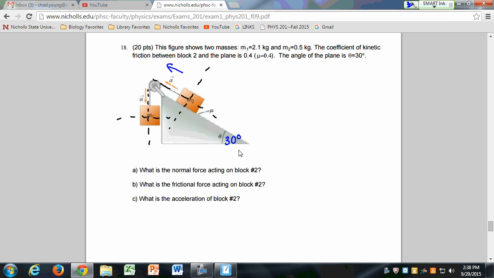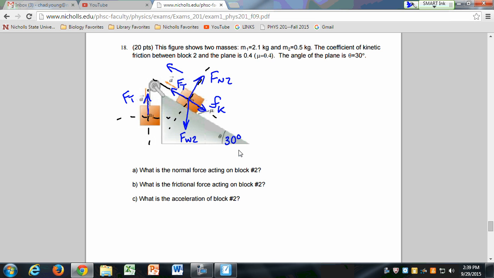I know my forces. You know, boom, I got my force weight. I know I have to have that. That's FW2. I'm going to have FN2. I'm going to have my tension. Remember, the tension will be the same for both of these. And then I need to know also what is the direction of the frictional force. In this case, the direction of the frictional force is in this direction, Fk, because it's opposing the direction of